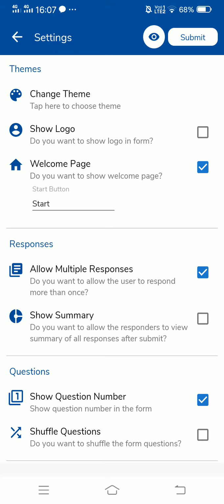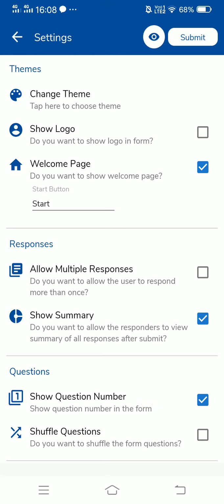If you allow to submit multiple responses, the receiver will be able to submit it any number of times. If you don't allow, they will be able to submit only a single response. And show summary, you can keep it available for transparency purposes. If you allow, the responders will be able to view the summary of all the responses after submission.